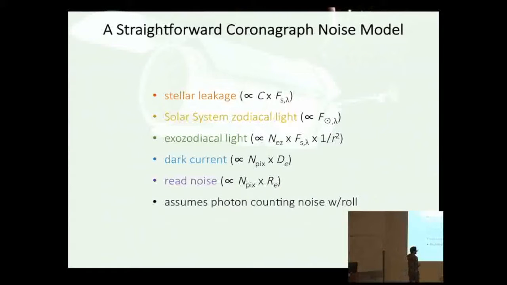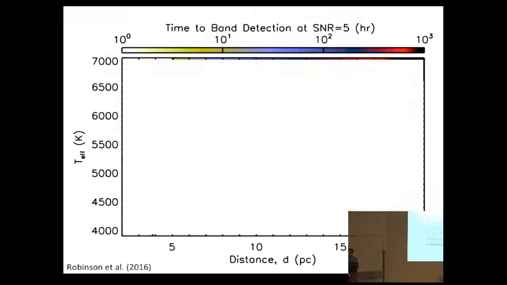It includes all the essential things that you would want to include in such a noise model. So it has the planet signal, so you need to give it a reflectivity spectrum of your planet. You need to give it a stellar spectrum for the host star. It includes solar system zodiacal light. It includes exozodiacal light. It also includes read noise and dark current. And so from that, you can get a noised up spectrum as WFIRST would observe your planet in reflected light.